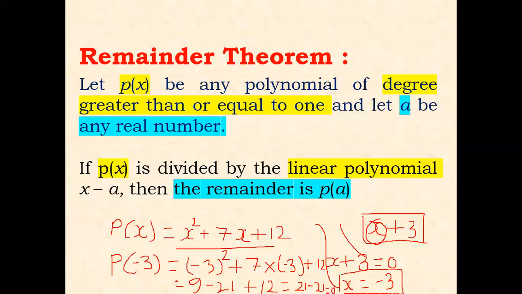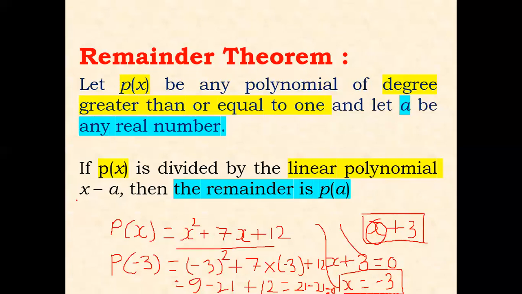The remainder 0 means x plus 3 is completely dividing P(x). This is the way, for any given polynomial P(x) and a linear polynomial x plus 3, we find the remainder, which can be equal to 0 and a non-zero value also. If the result doesn't come to be 0, then we say that is the remainder and x plus 3 is not a factor of P(x). This is what you need to understand regarding the polynomial P(x) and the linear polynomial.